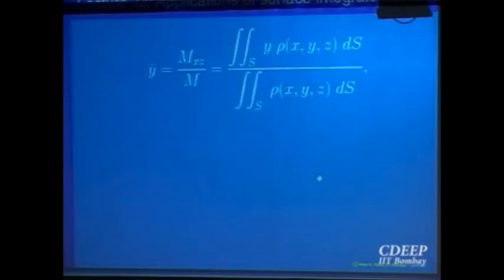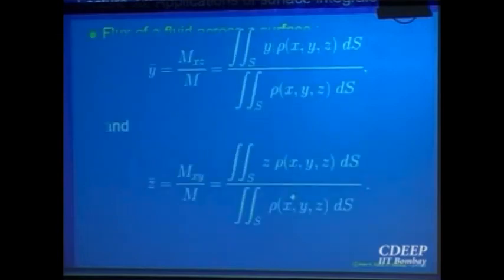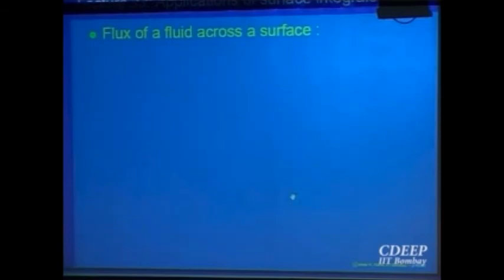Okay. Right. Let us look at a physical application of this. We looked at the line integral, which gave us something called the flux of a fluid flow across a curve. Right. In a planar region, a fluid is flowing, and there is a curve. How much fluid is flowing across that curve? Right. We had the flux line integral. The same thing we can do in 3 dimensions. There is a surface and a fluid is flowing. How much fluid is flowing across a surface now? Right? So the same idea we will do.